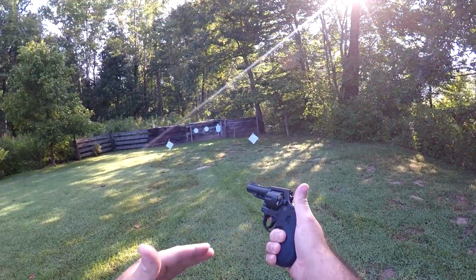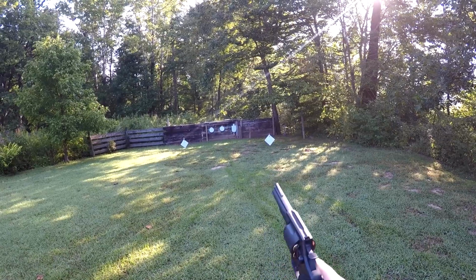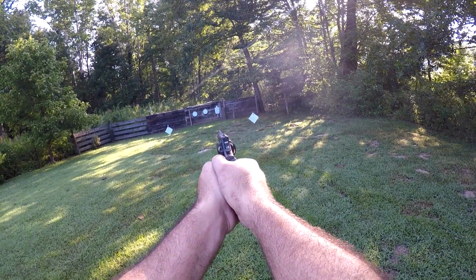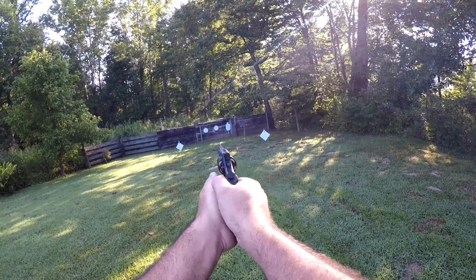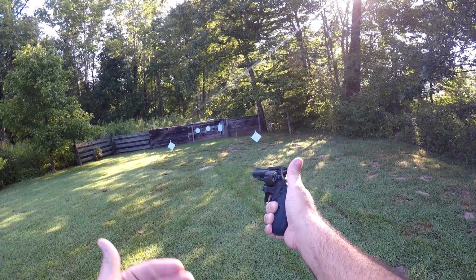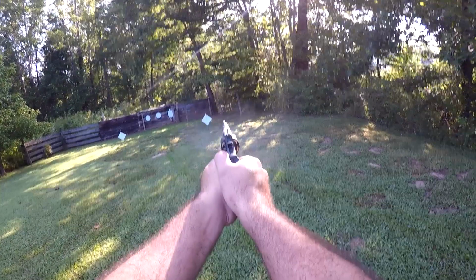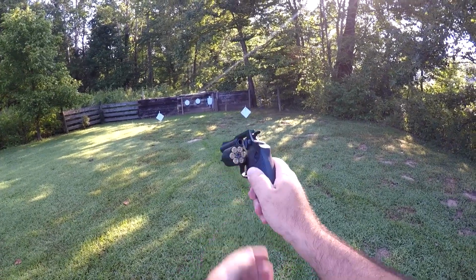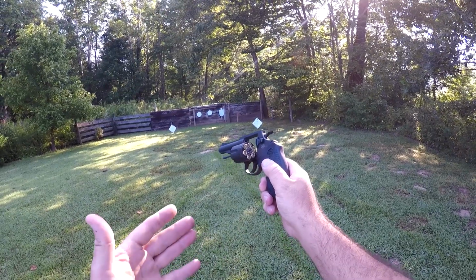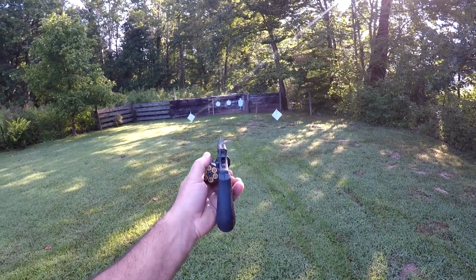So the trigger on this thing is not bad at all. The double action pull is smooth and even all the way through, predictable. Single action is very crisp. There's no noticeable take up or no noticeable over travel. Not bad really. The trigger is definitely one of the high points of this, not to bring up high point in a budget review, but the trigger is one of the high points of this revolver in my opinion, at